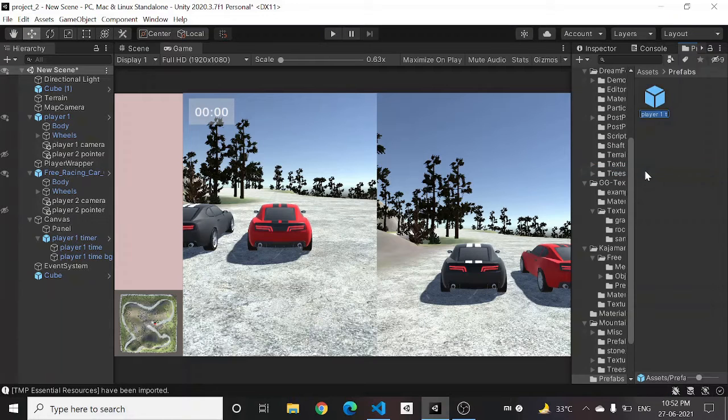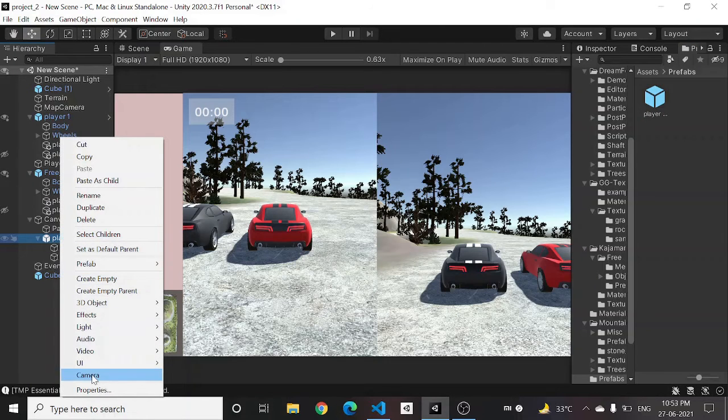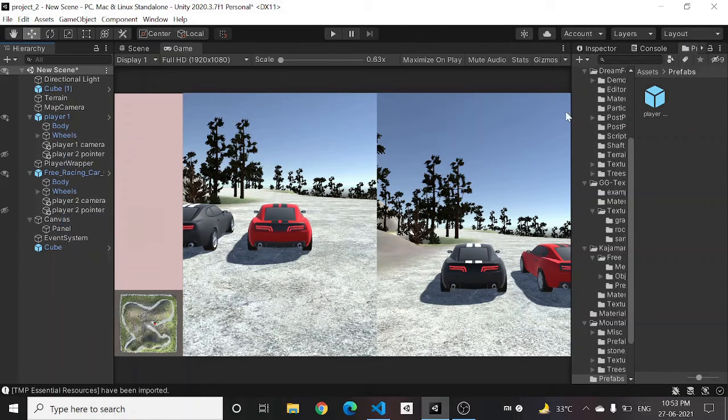Rename the prefab to player timer. Use the same prefab for the other player. Okay, we can just delete this one. So in the screen, in the canvas, we'll have one player timer, the second player timer,